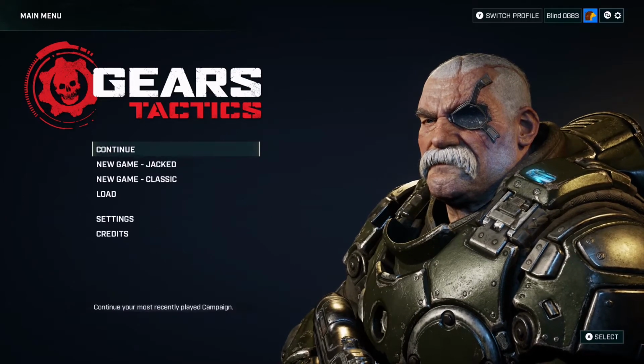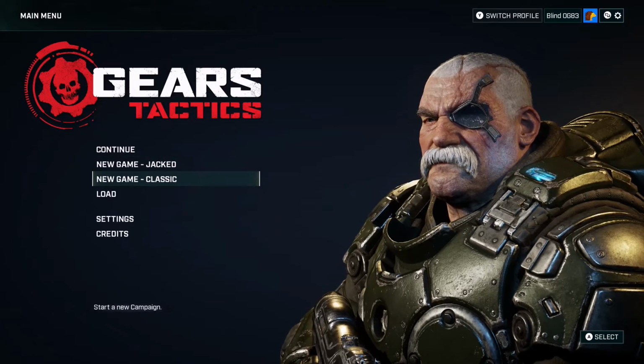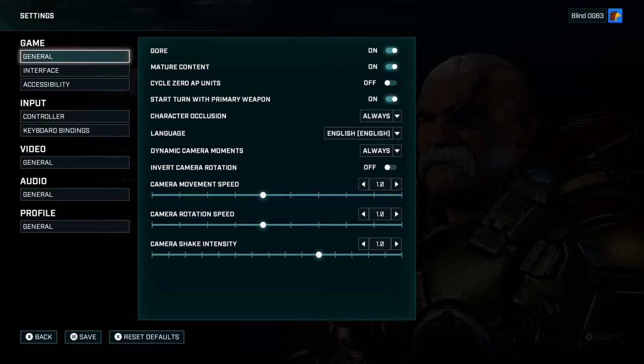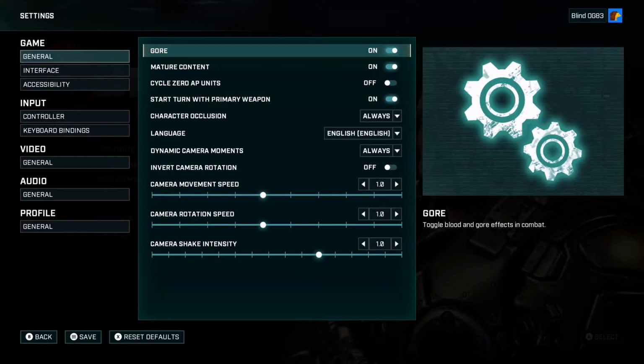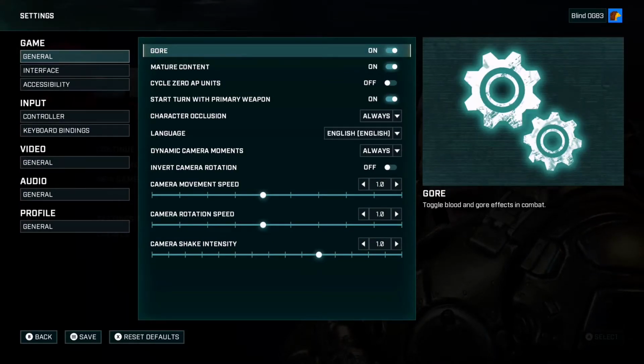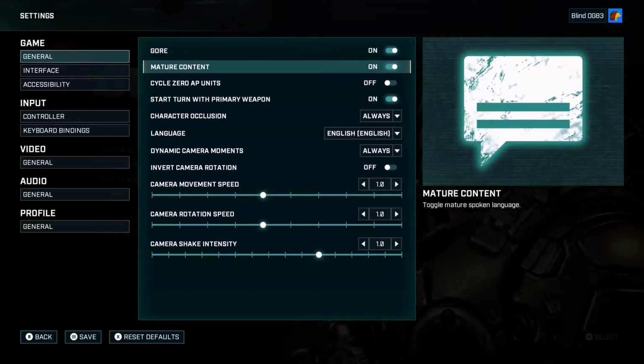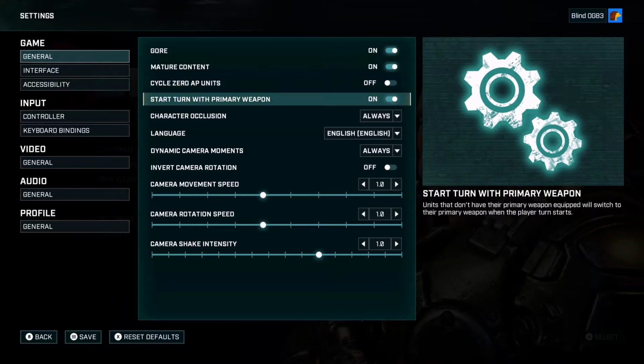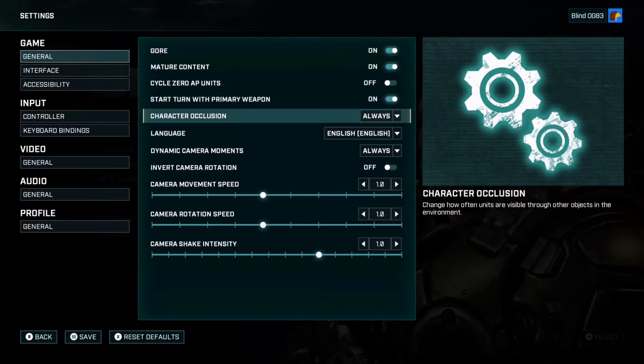New game, continue, load, settings. Today, jumping into the console version of Mature Gears Tactics. Cycle zero and AP units, surprisingly, off. Start turn with primary weapon is on. Character occlusion, always. Not as bad as